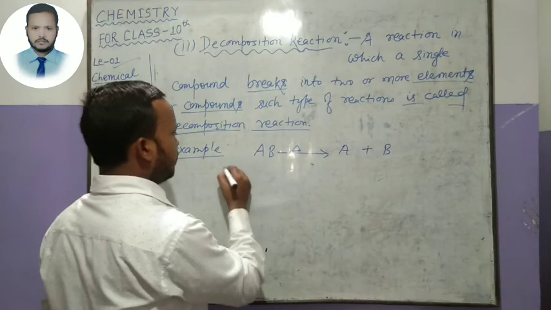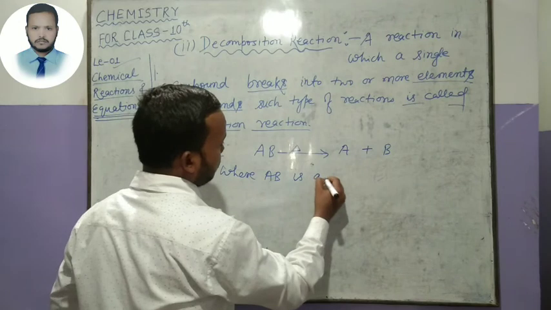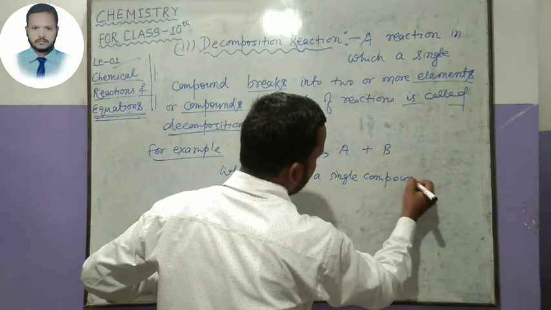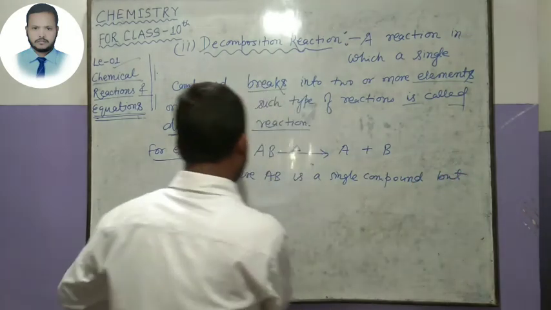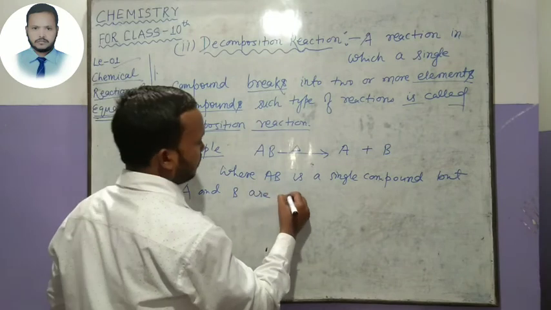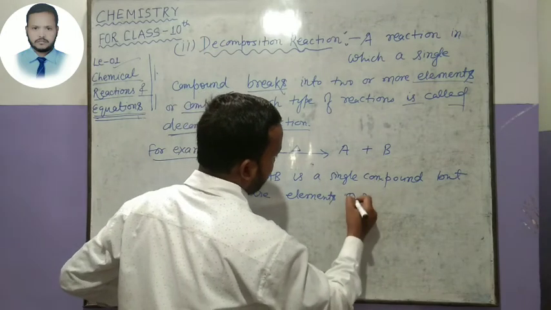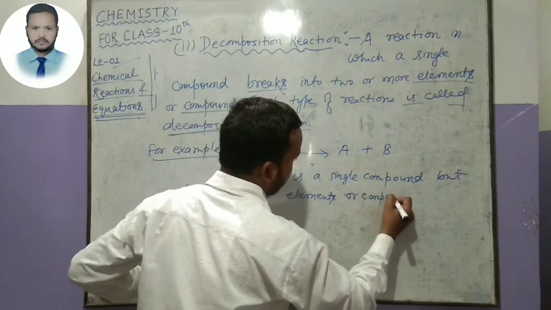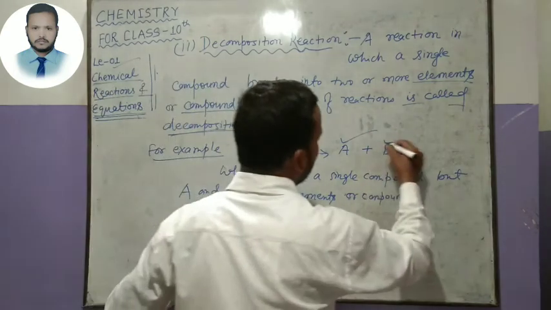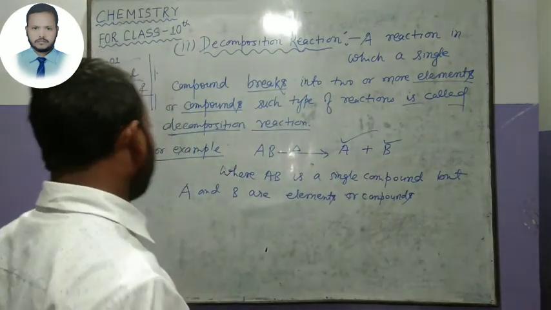Next, where AB is a single compound, but A and B are elements or compounds. That means A may be elements or compounds, and also B may be elements or compounds. Here students, for example,